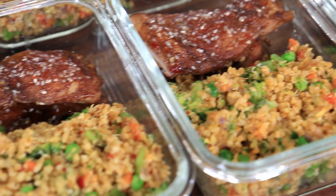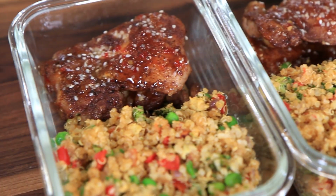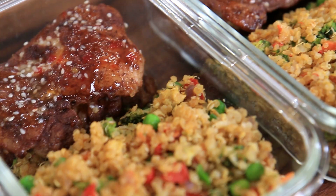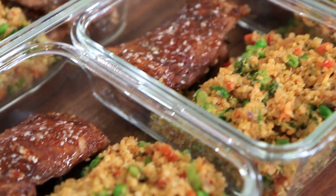You guys, the chicken is so moist and flavorful, and the dark meat thighs are the reason for that. Plus, that spice rub is creating an amazing crust, and that glaze is sweet and sticky. But before I forget,